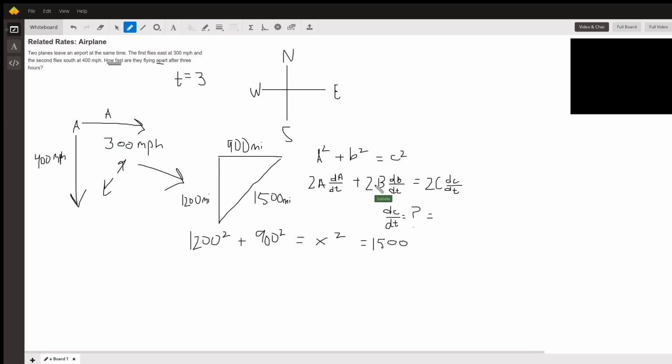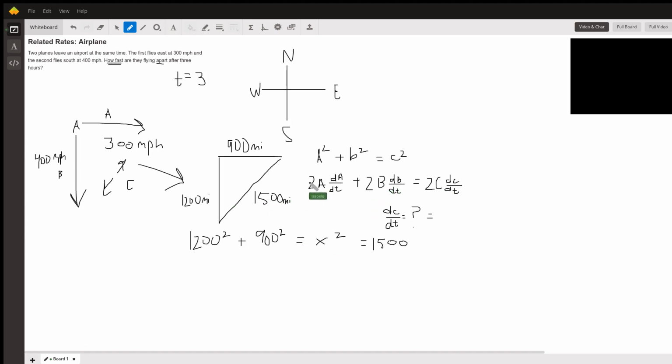And then 2B, let's say this length is B, multiplied by the rate of B, which is 400. And then 2C, the hypotenuse would be C,